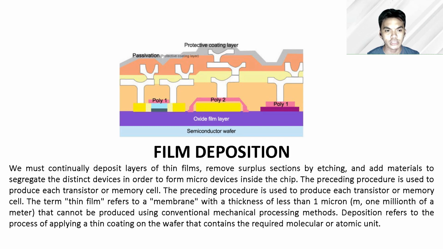Next is dry etching. Dry etching can be divided into three different types. The first is chemical etching, which uses etching gas, mainly hydrogen fluoride. Like wet etching, this method